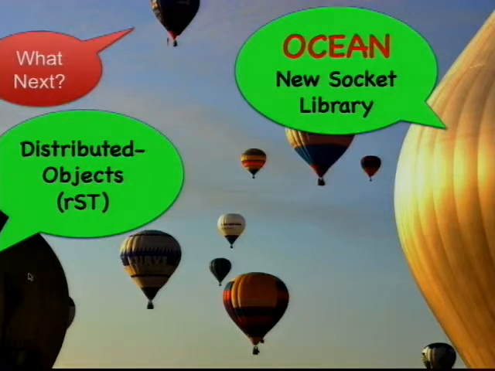And the other one is distributed objects with a middleware called RST. It exists since several years. It was done by Diego Gomez, and first implementation, and then we continue to try to maintain it and make it